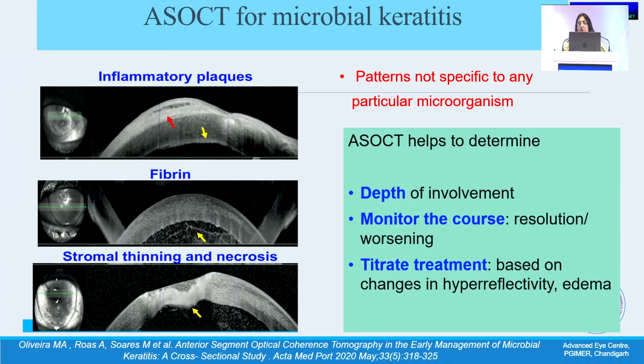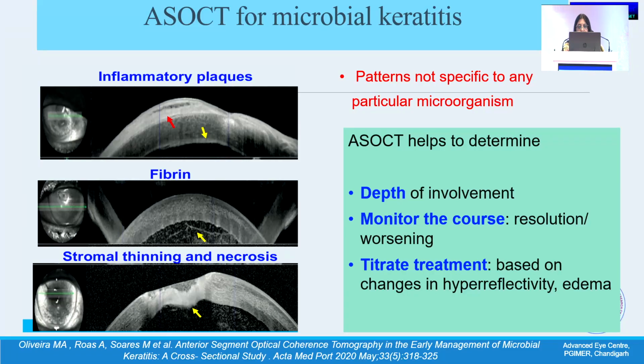The second use is the role of ASOCT for microbial keratitis. Now, various patterns have been described. You could have inflammatory plaques on the epithelium, the endothelium, fibrin in the AC, and stromal thinning and necrosis. The ASOCT, unlike confocal microscopy, is not specific to any particular microorganism for most of the lesions, but it does help us to determine the depth of involvement, to monitor the course of the disease, and to